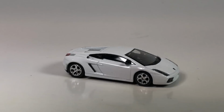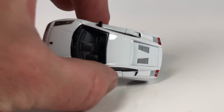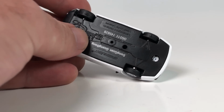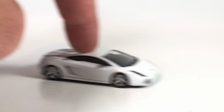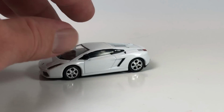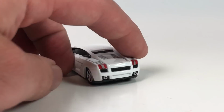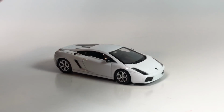Regardless, they're nice. They have inserted details for headlights, inserted details for taillights, a fair amount of detail all around. The rims look good. The tires are a soft rubber. It is a plastic base, but who cares? It's still got a good weight to it, die-cast metal body, and it's a good proportionate casting. It might be a little bit smaller than 1:64. It's a smaller Lambo, though, so maybe not, and it's nice. White, probably not the best color to get it in, but